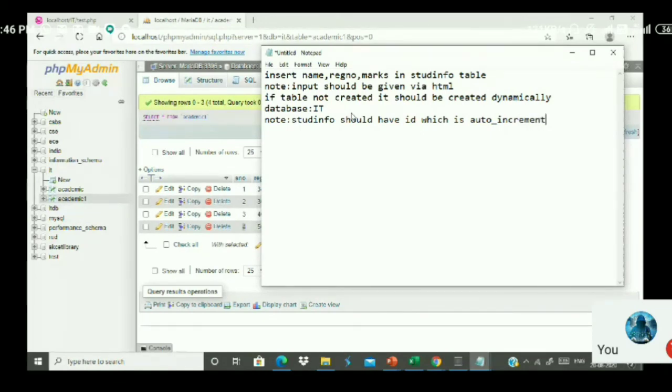Auto increment. So that means your table should have 4 parameters called ID, name, register number, and marks. So how will you create a database for this?